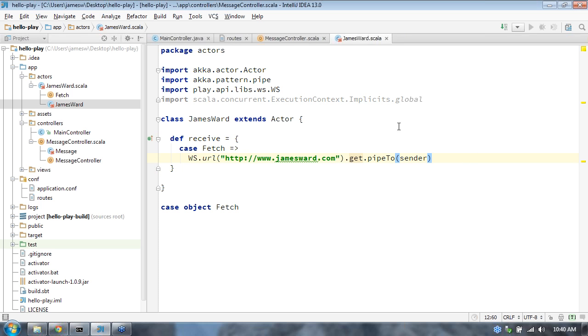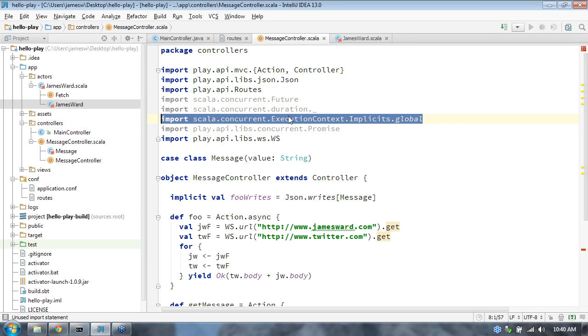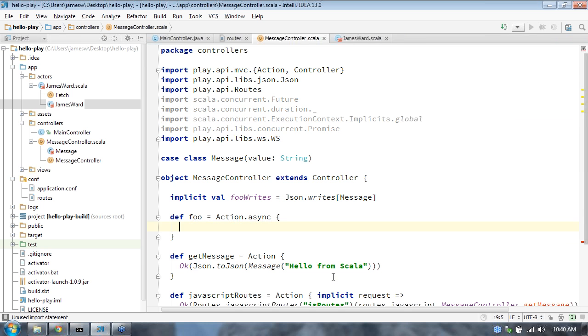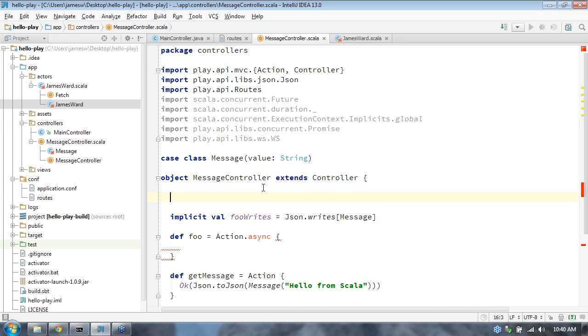Okay, so that's my little actor. Now let's go back to my controller and replace this implementation here with instead using the actor. To do this, I first need to create an instance of my actor, and this instance could be created in a lot of different ways. I could create many instances. In this case, I'm just going to create one instance. So I'm going to create a lazy val here. We'll call this the JW actor, and I'm going to use the Akka